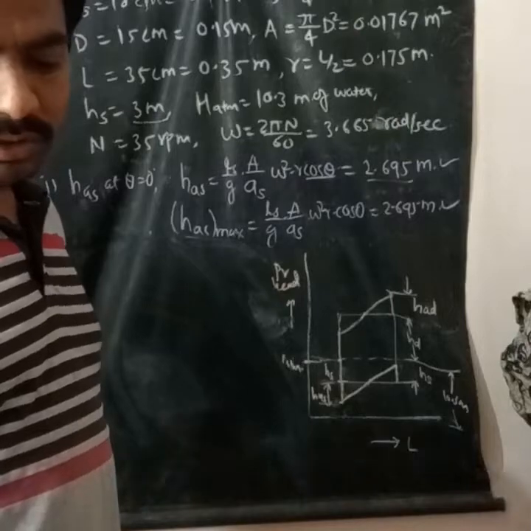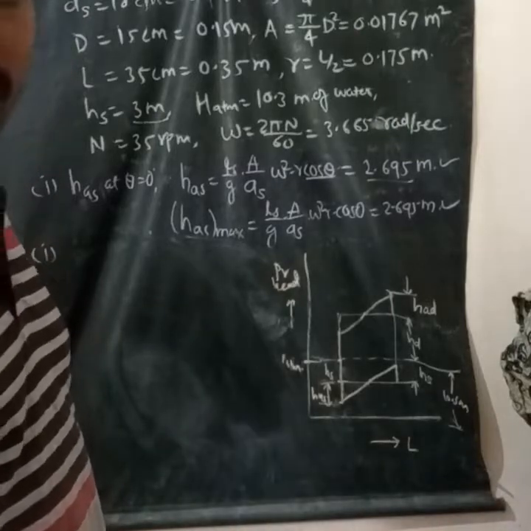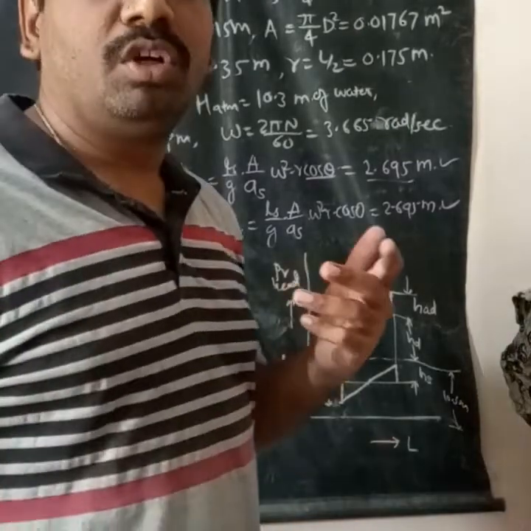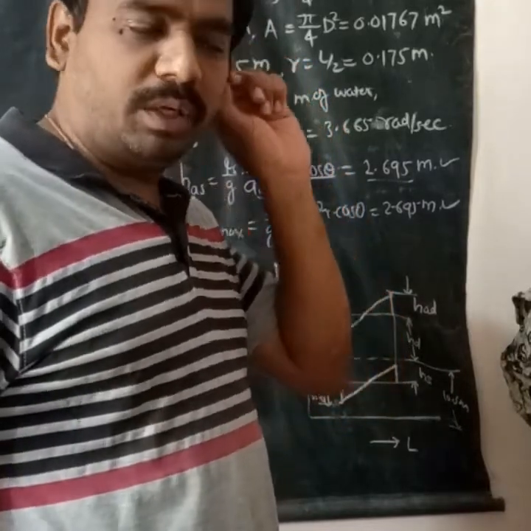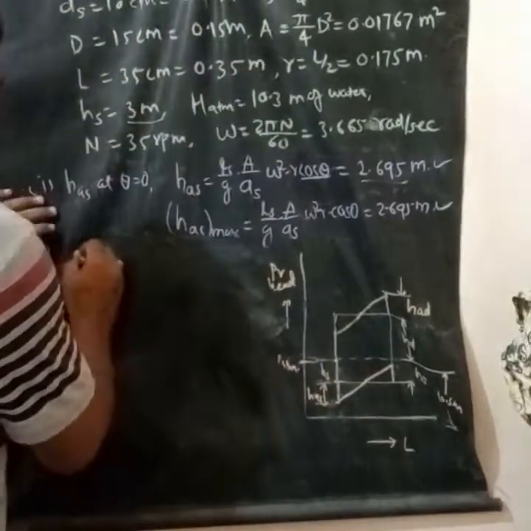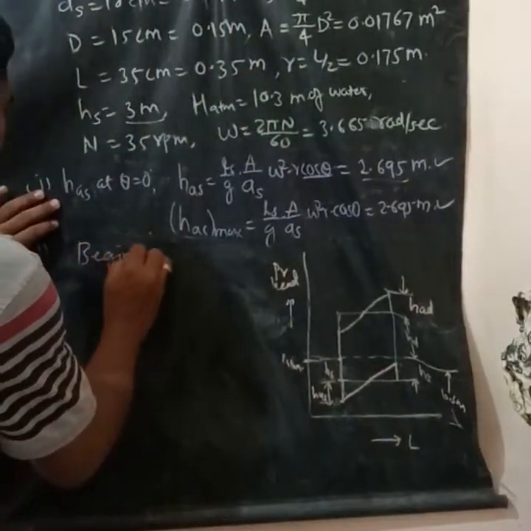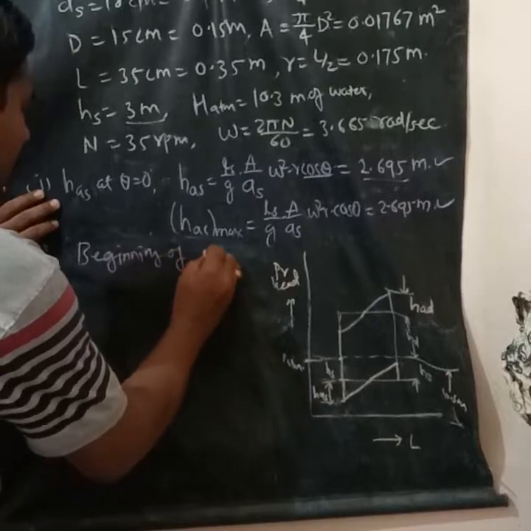Here it is not mentioned for the delivery stroke, but if you have to find out at the beginning of the delivery stroke and at the end of the delivery stroke, how do you calculate? Let us see at the beginning of the delivery stroke,